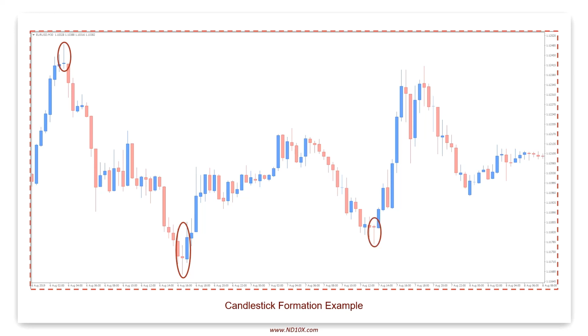After that, we have that hammer formation, the end of that bearish cycle, and we move higher. After that, we have a harami pattern, so just the inverse of that engulfing. We have it at the end of that bullish cycle, suggesting, okay, a potential reversal,